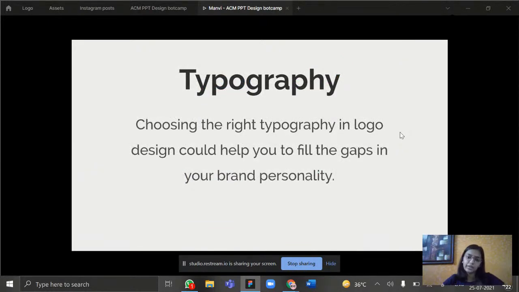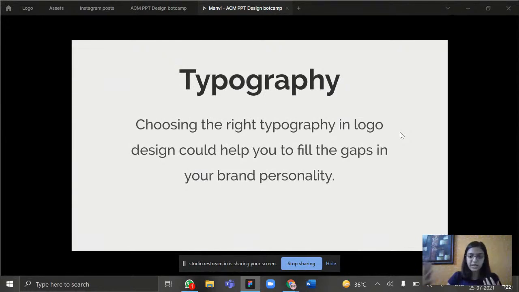So, not just in logos, typography is in general very, very essential if you want to go ahead and design. And not even for that, in case your profession or any of your projects involve making, for example, presentations or anything you want to display or posters, whatever. You need to have a very strong sense of which fonts will go where and what goes with all of that. And obviously, like I said, a logo is the first and foremost thing any user or consumer